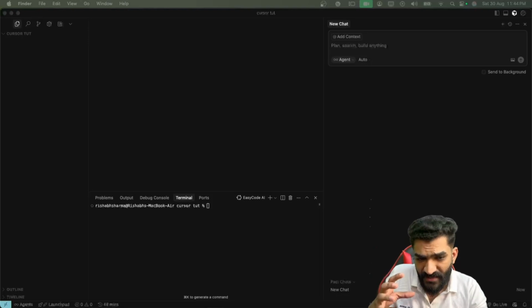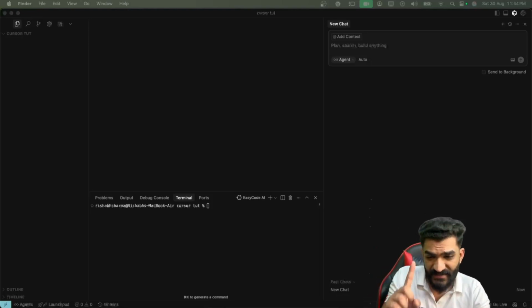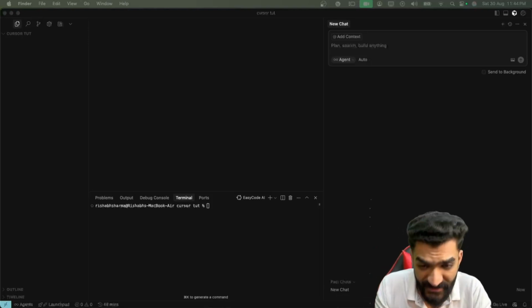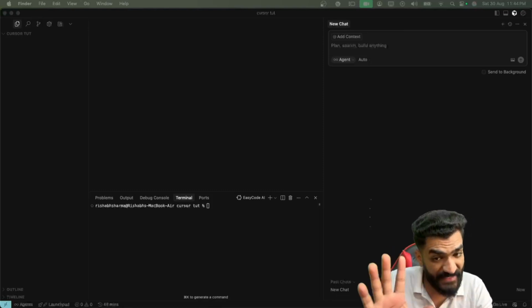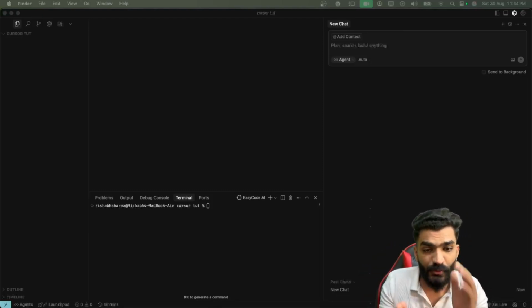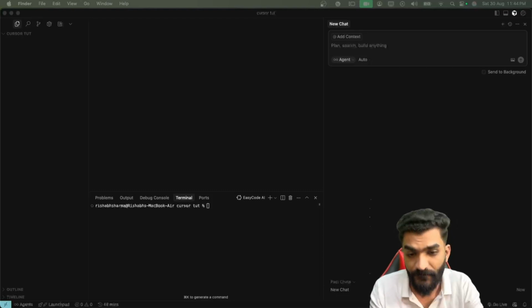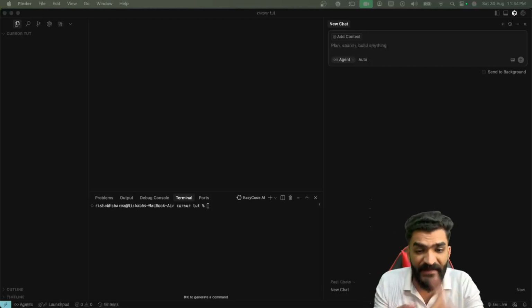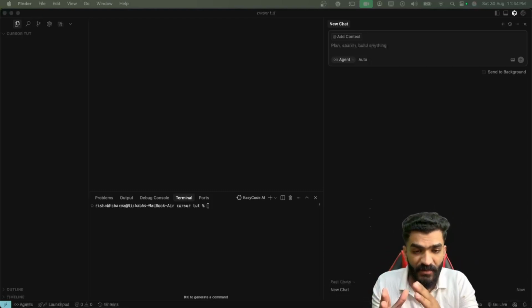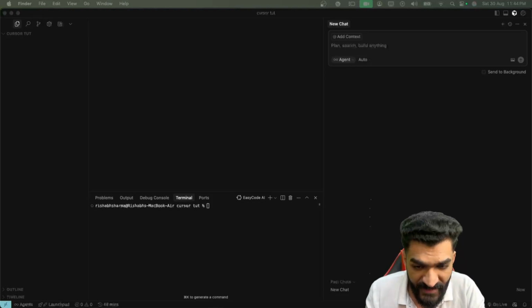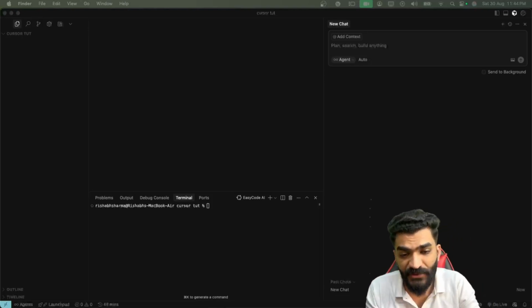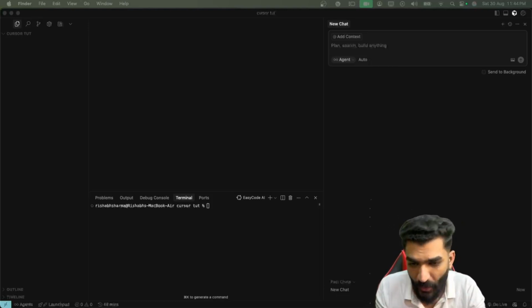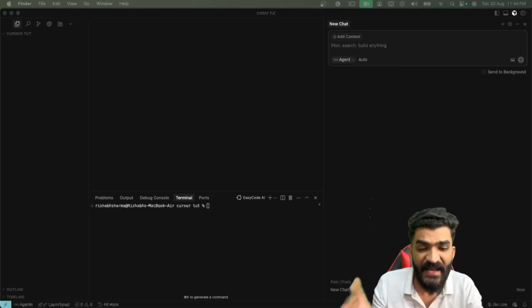All right, just a couple of notes. Cursor is a tool for productivity. We can't rely on Cursor to do the entire work itself. Again, we can't rely on any AI tool to do entire workflows. We need to know what to prompt Cursor, and once we get the output, we need to check what exactly Cursor has given us.